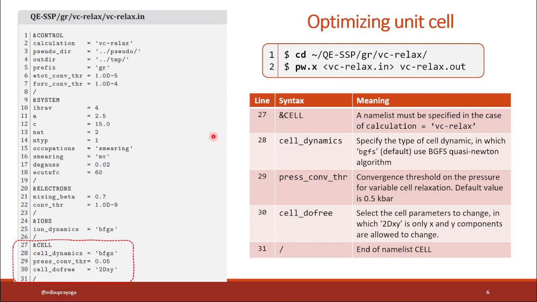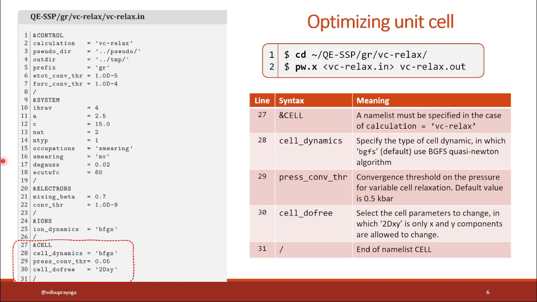Next, we will show how to optimize the lattice vector of the unit cell, or the variable cell relaxation, VC-relax. Similar to the optimization of atomic position, we can optimize the unit cell by using the BFGS algorithm. To run this tutorial, we should type the following command.